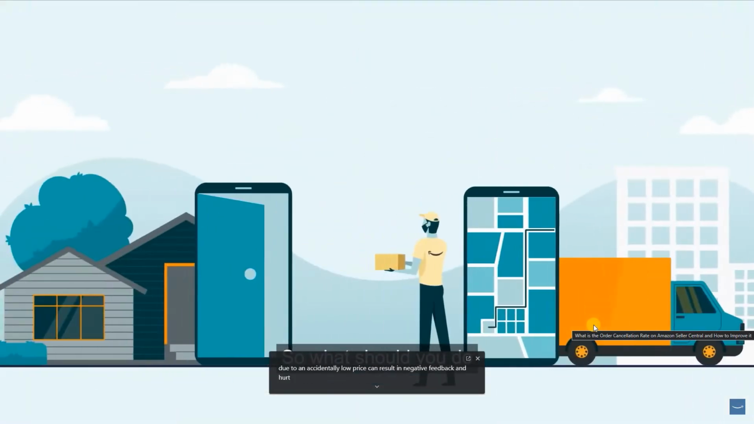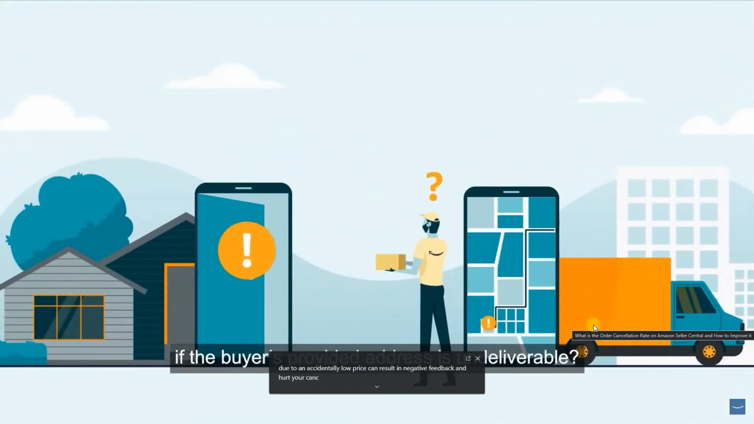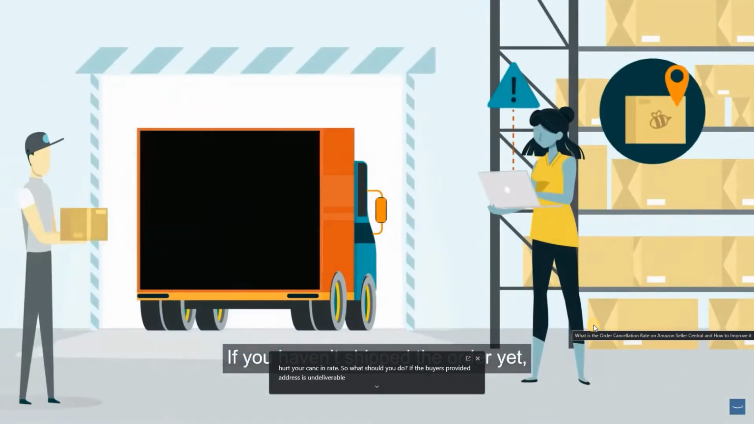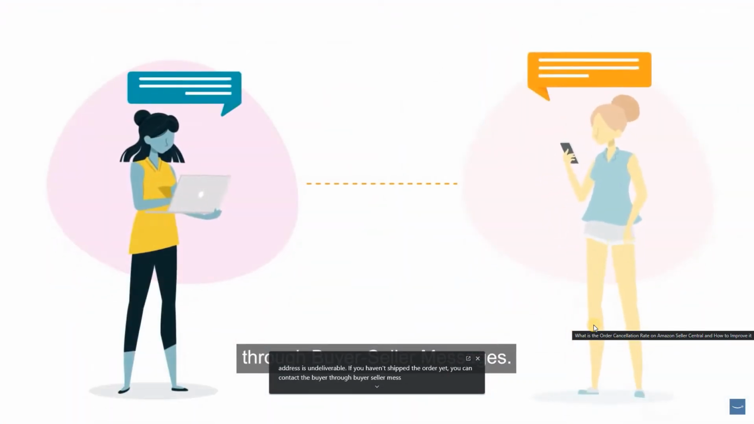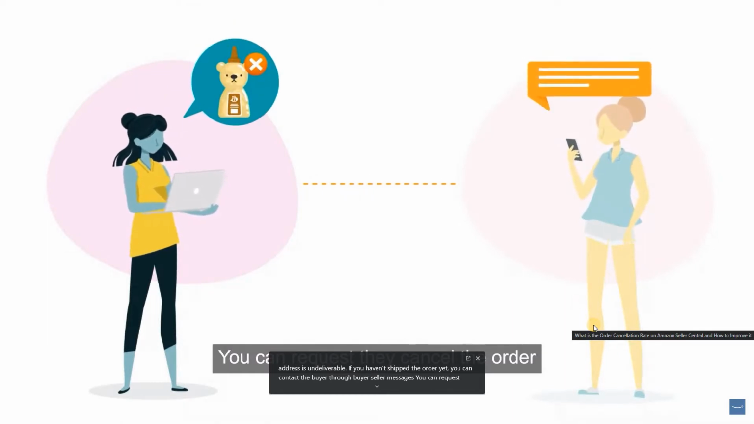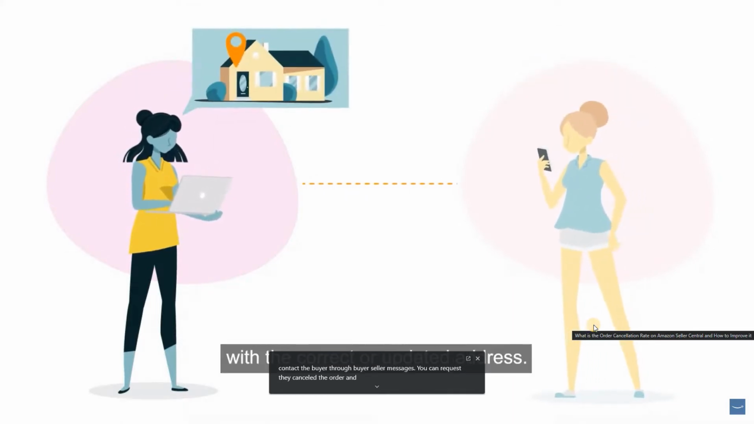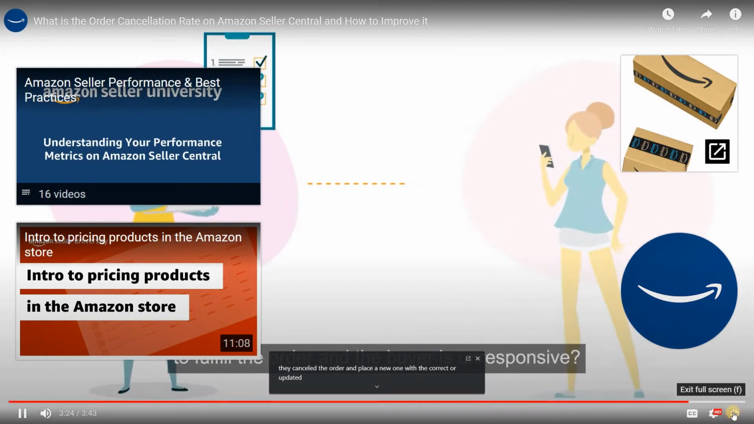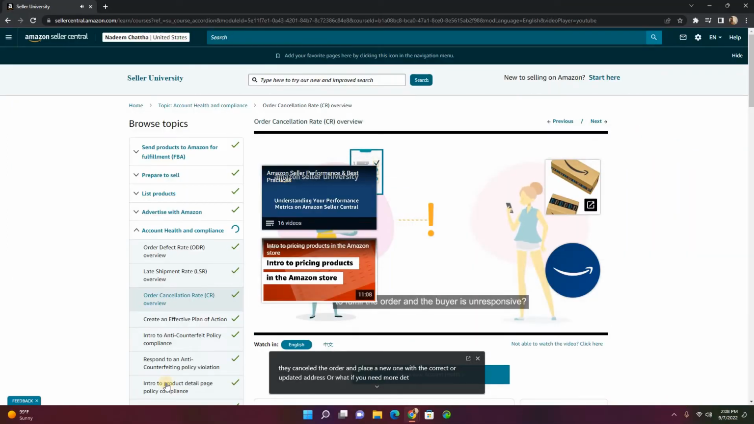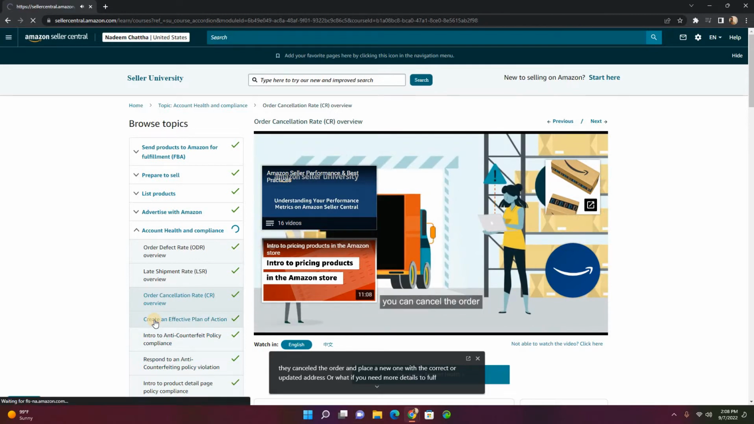So what should you do if the buyer's provided address is undeliverable? If you haven't shipped the order yet, you can contact the buyer through buyer-seller messages. You can request they cancel the order and place a new one with the correct or updated address. Or what if you need more details to fulfill the order and the buyer is unresponsive? If you haven't shipped the order yet,